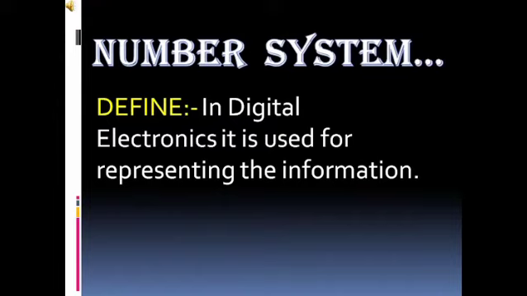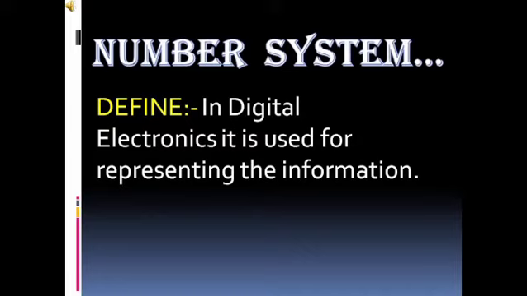In this video, we will be learning about number systems. Basically, a number system is used in digital electronics to represent numbers. We are familiar with the number system that counts up to 10 numerals, so its base is 10 and the numbers are from 0 to 9. We include 0, which is why we have base 10, and it is used for expressing any arbitrary number. This number system is popularly known as the decimal number system.